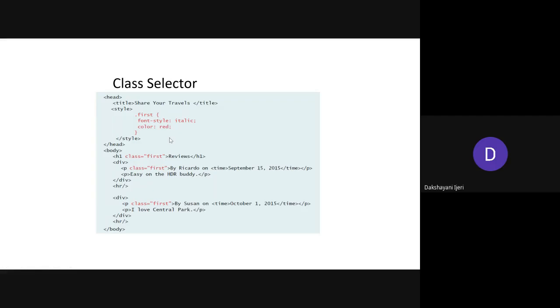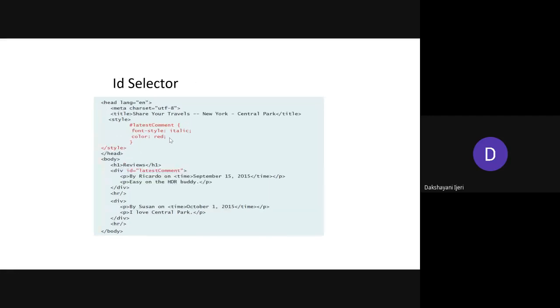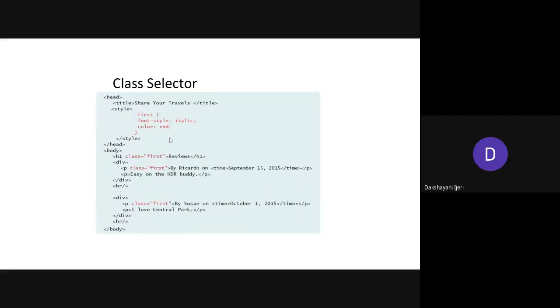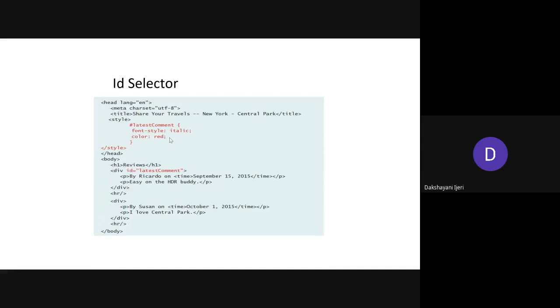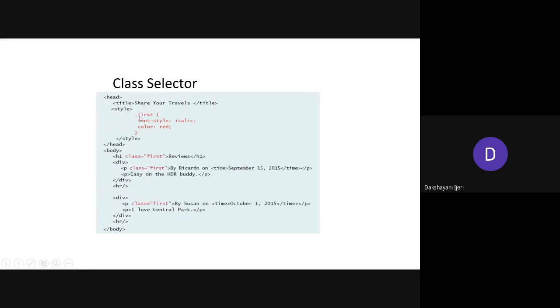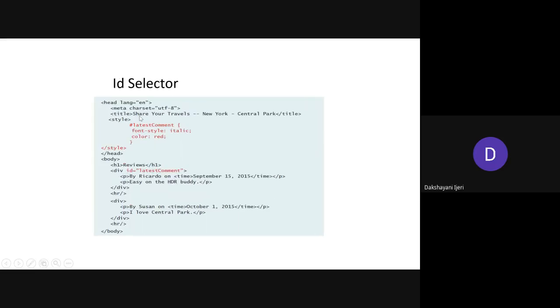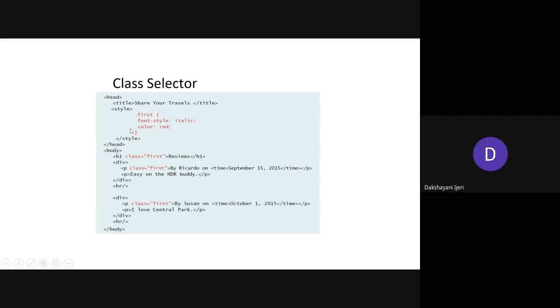Okay. So coming to the class selector, the next one is the id selector. As with the class selector, where you start with the period notation, here in the id selector you start with the hash symbol followed by any name. Don't get confused here; these are one and the same, but the syntax is different.